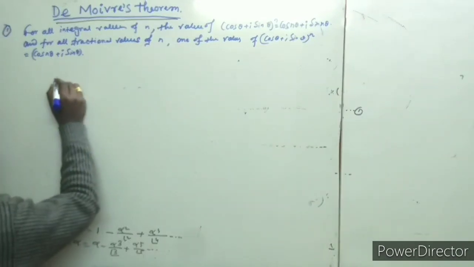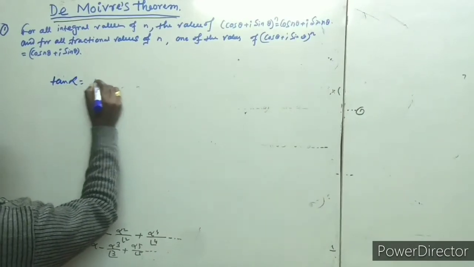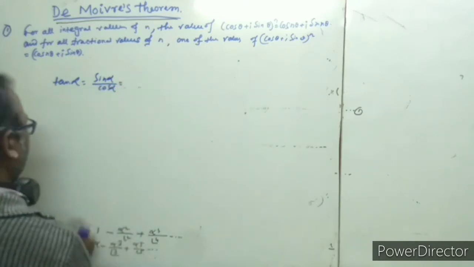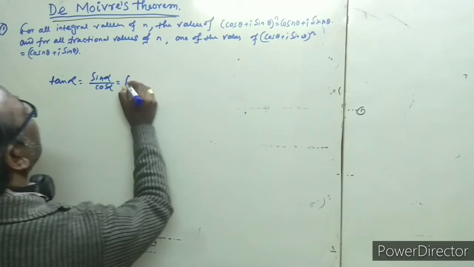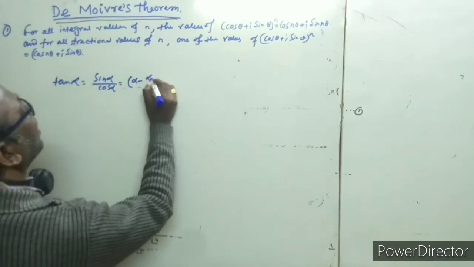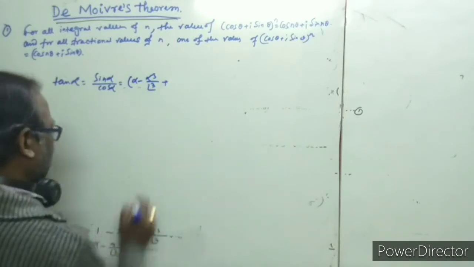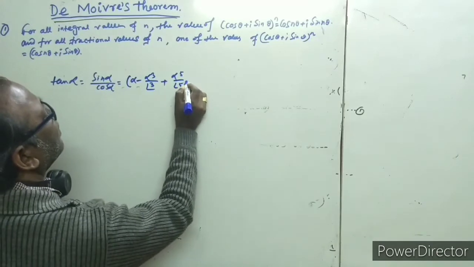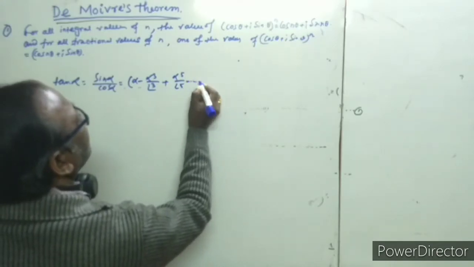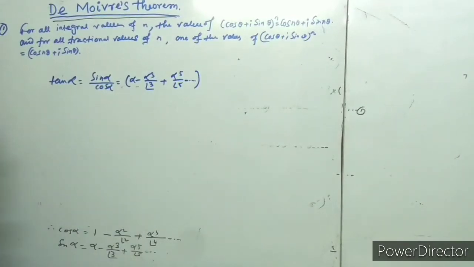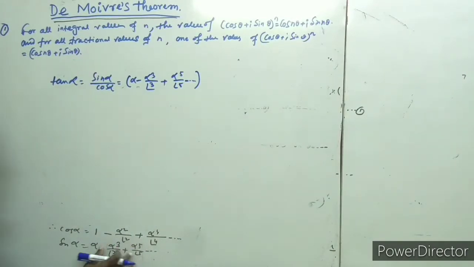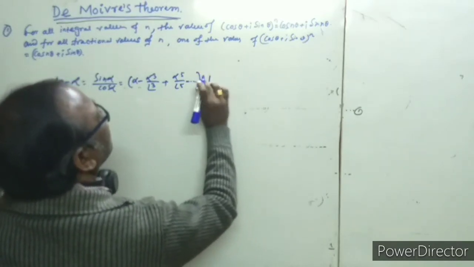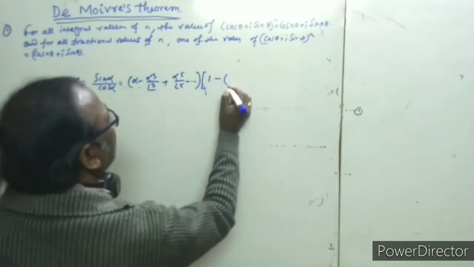So expansion of tan alpha. So we can write here sin alpha by cos alpha. The expansion of sin alpha is this: alpha minus alpha cube by factorial 3, and alpha to the power 5 by factorial 5 here, and minus dot dot, and this is cos alpha, the expansion of cos alpha. So we transfer this here and take a common on the second part. This is the third bracket, and take a common minus here.